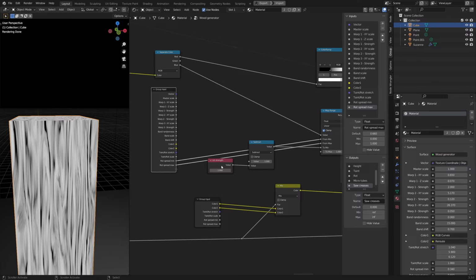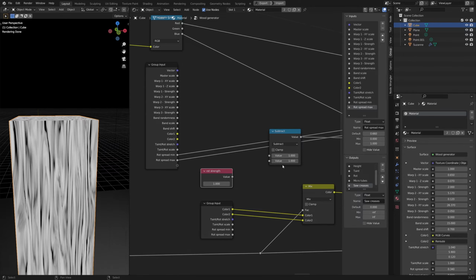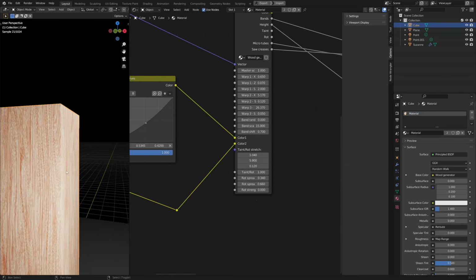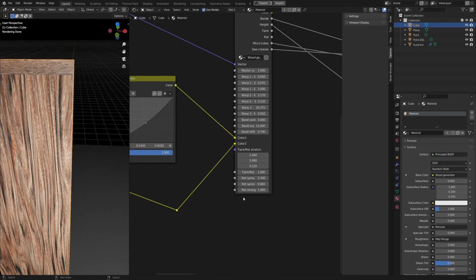There we go. And this rod strength is going to be an input as well. So set this to 1 for now, maybe 0.5, and connect it to the input and call it rod strength. And again, set this to 0 to 1 range. Right, so this is 0, we have no rot at all, and this is 1, we have a lot of